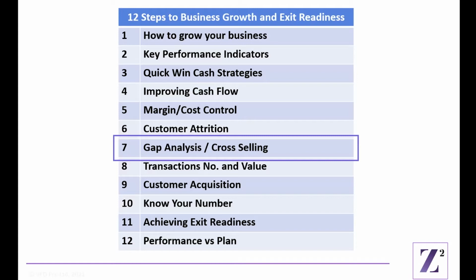Once we know how to grow the business, we need to know exactly by how much and by when. We need to grow that number to give us the lifestyle we desire. Armed with a target in terms of exit valuation and timescale, we need to know what goes into preparing for exit, and it's a lot more than people appreciate. Finally, once we have the core structure in place, we need a detailed plan, a detailed 3-way forecast covering profit and loss, cash flow, and the balance sheet in order to track and record your progress as you go forward.